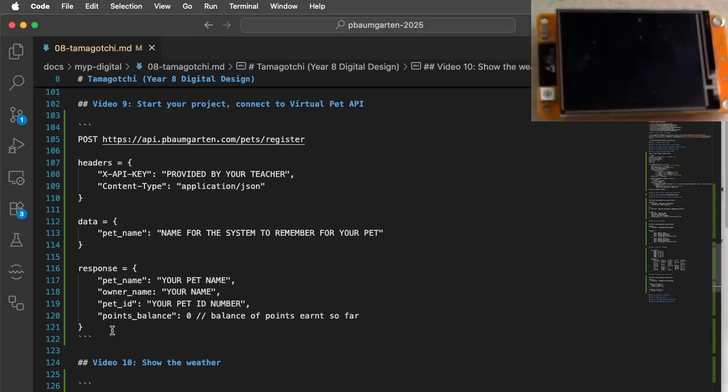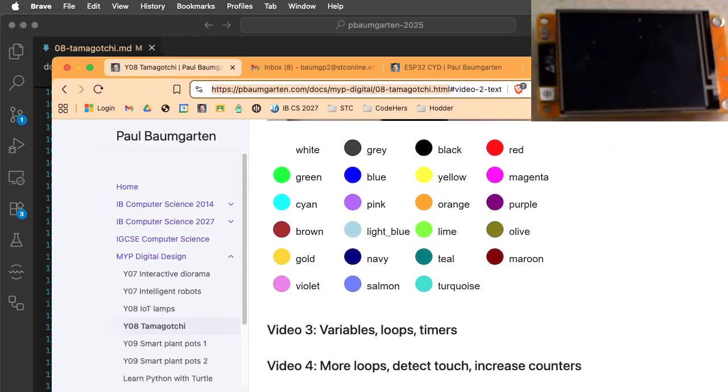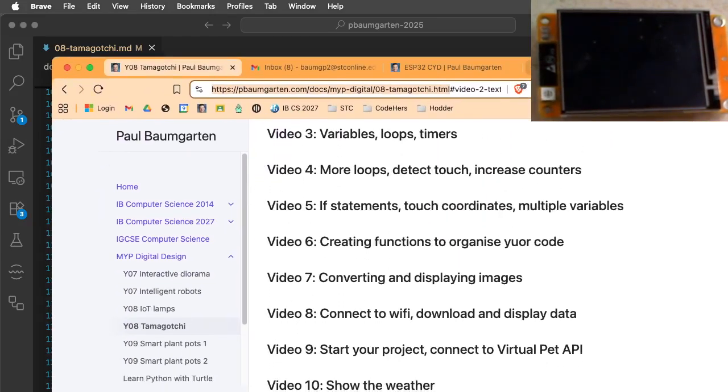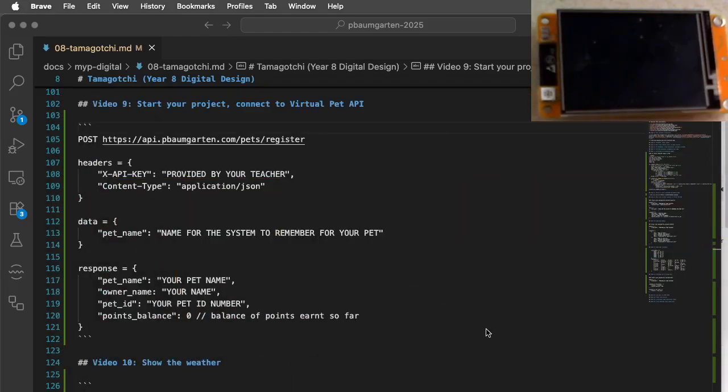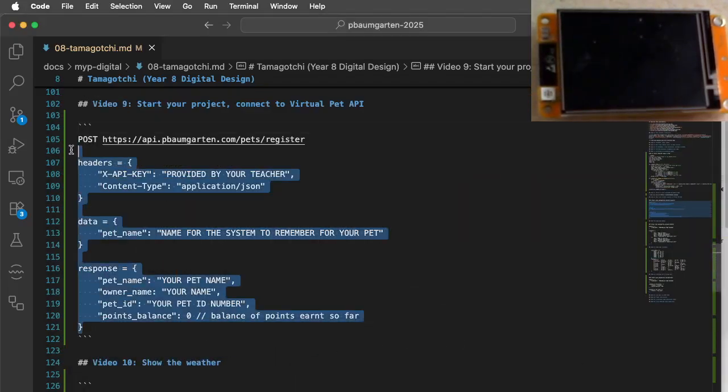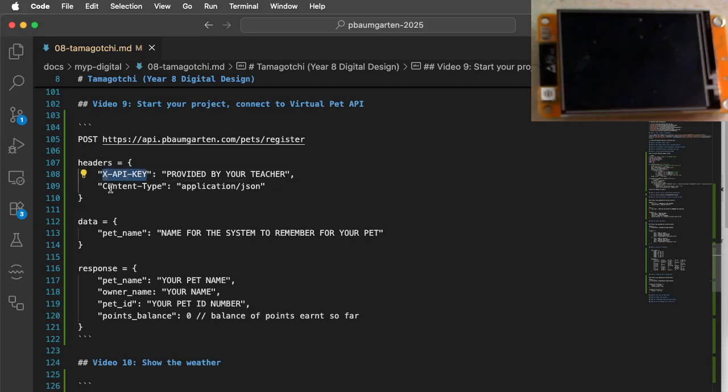Now, this is the API documentation that I've prepared and will be on my website, on the Tamagotchi page with everything else. But obviously I'm in the process of creating these things, so it's not there yet, but this is what will be there. So this is the post information, these are the headers that I need to provide. We need to provide my key, and I need to provide a content type header, and I need to provide a data